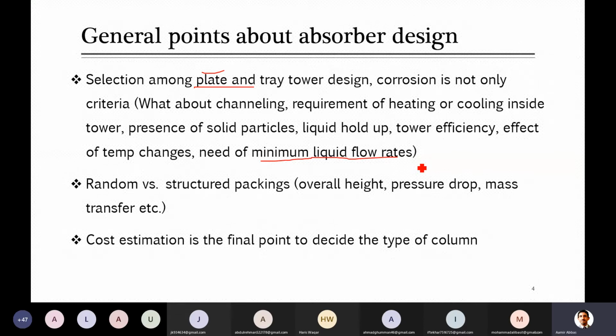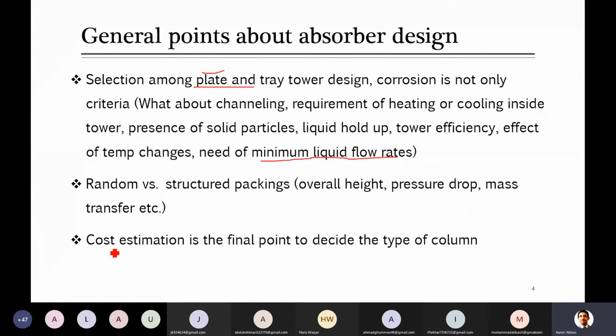But later on, when you are designing any equipment, don't solve it like an example of the book, where you fix each and everything and just conclude because one example was solved in a similar way. No, go for a number of options, design the equipment, and then at the end of the day evaluate the cost of each of those.